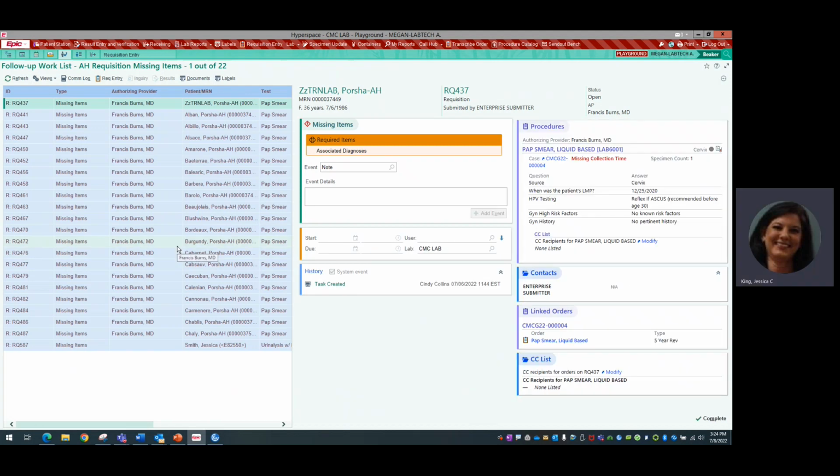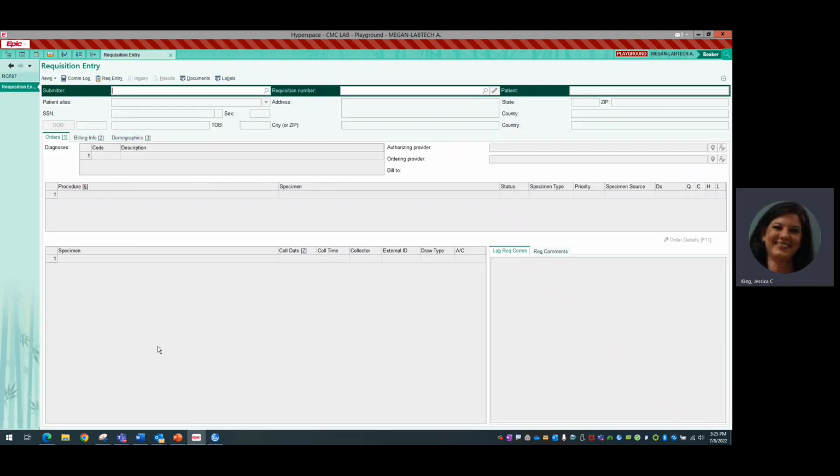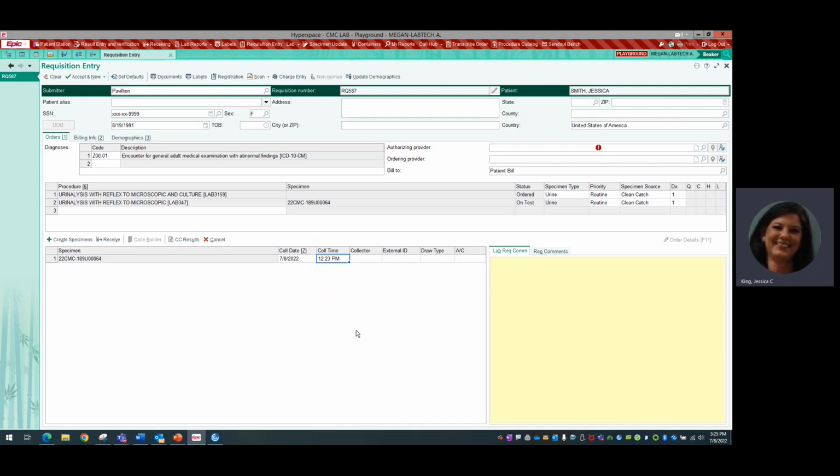And there's quite a few on here. But if you'll notice at the very bottom, there's Miss Jessica Smith. Oh, she's such a problem child. So if I click on Jessica, and at this point, I've called Pavilion and they said, oh, yeah, that's Dr. Whitecoat's patient. I can actually just double click on that and it pops me right back into that requisition. So at this point, I can say this is Dr. Whitecoat's patient